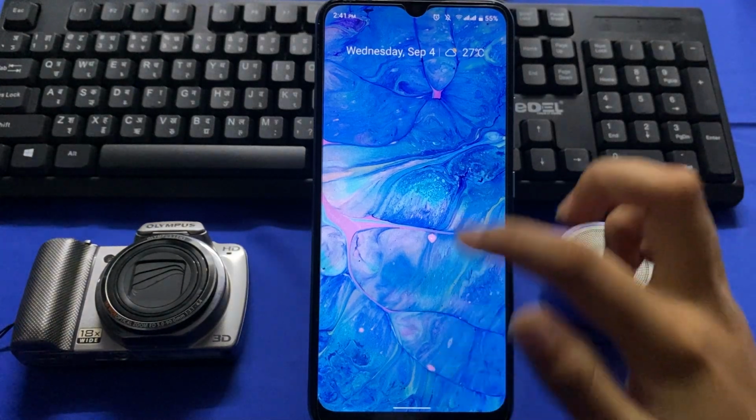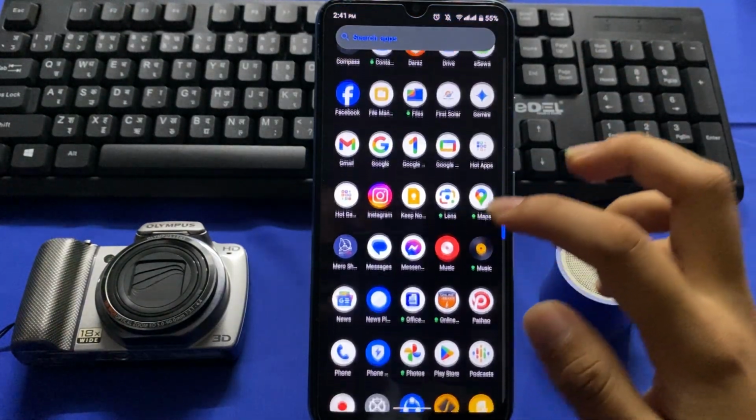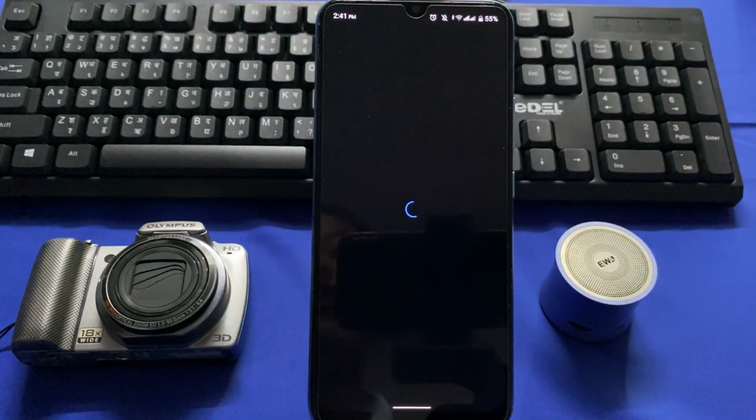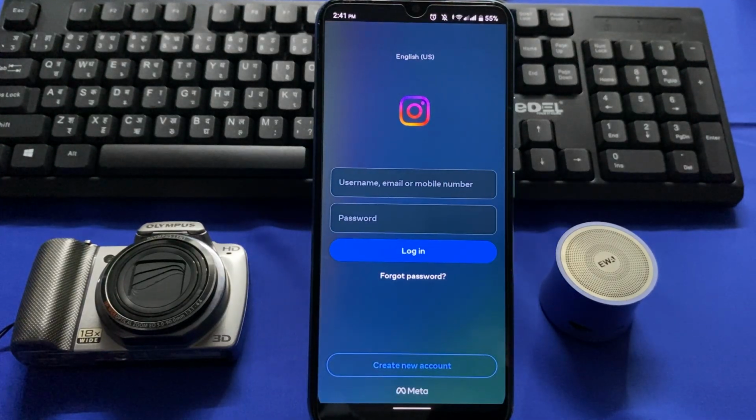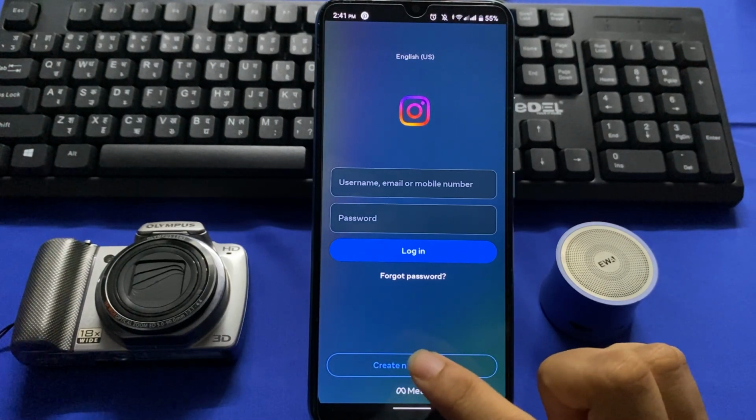At first, go to your home screen and tap on the Instagram app icon. If you don't have the Instagram app, you can download it from Google Play Store in case of Android, and in case of iPhone you can download it from App Store. To create a new account, you have to tap on this create new account,